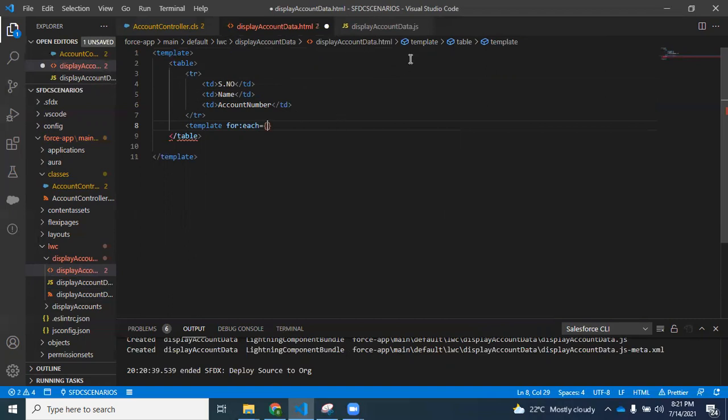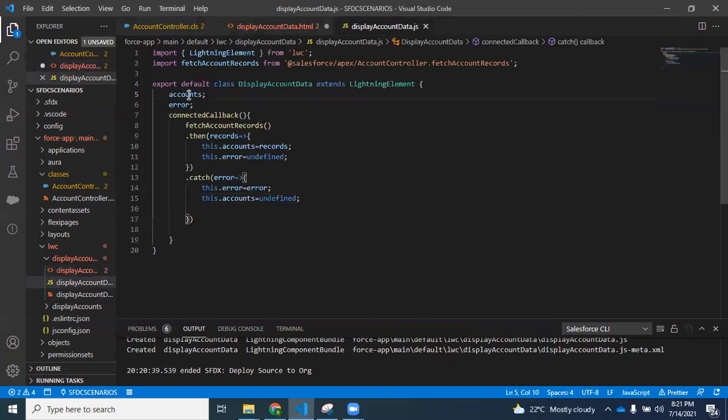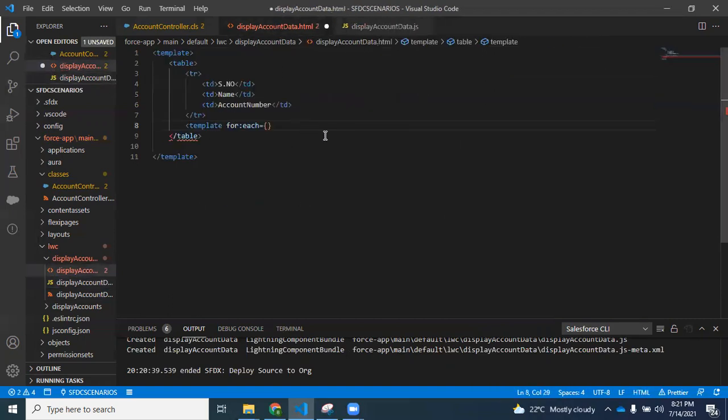Now I'll iterate the records using template for:each. The data will be present in accounts. So for:each equal to accounts, for:item equal to acc. If you want to bind the value of the record, then you have to make use of acc. And then I need the index as well, for:index equal to index.